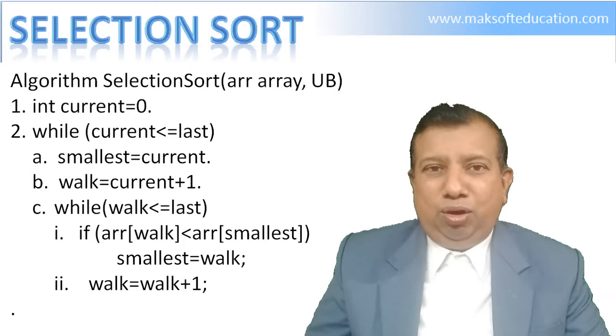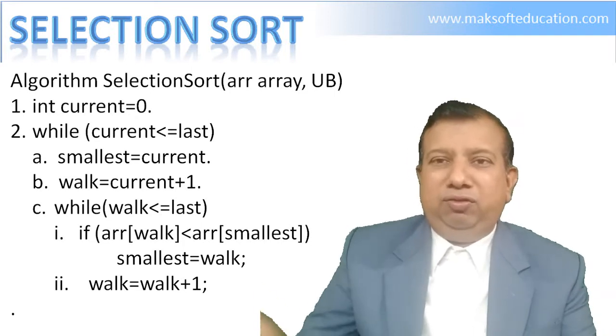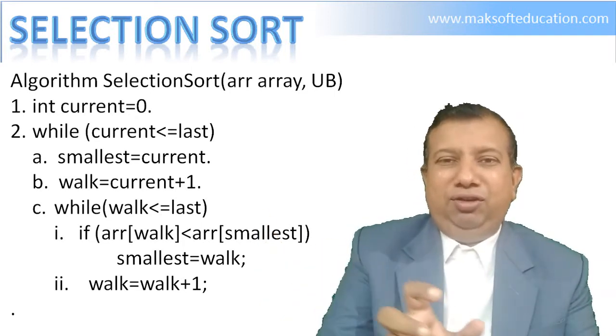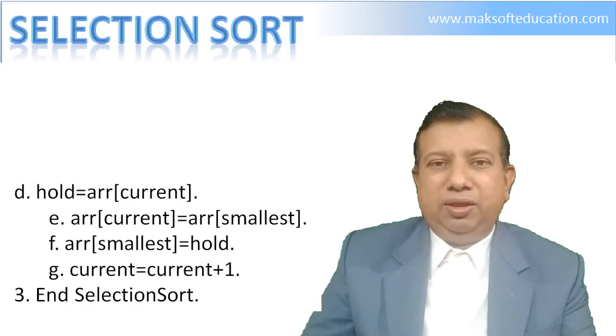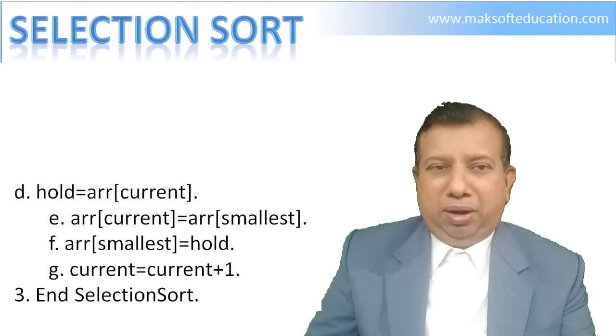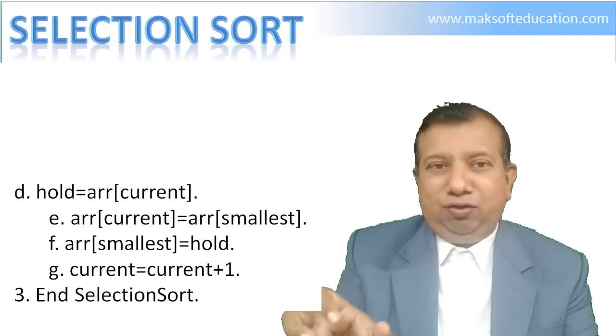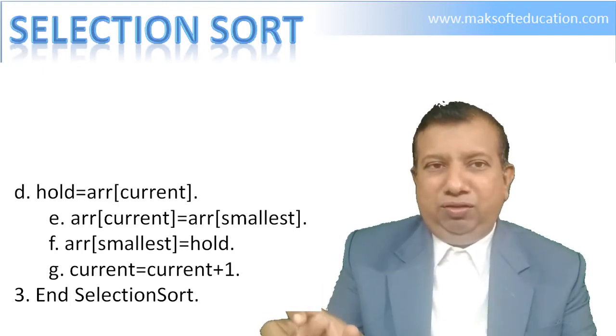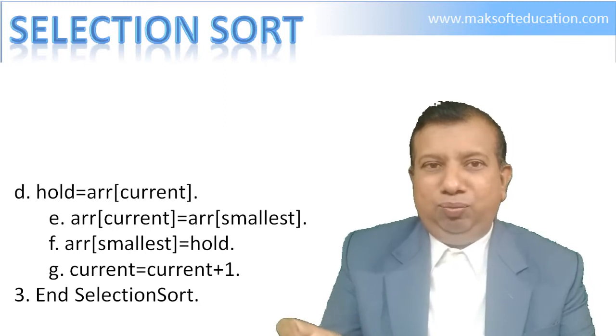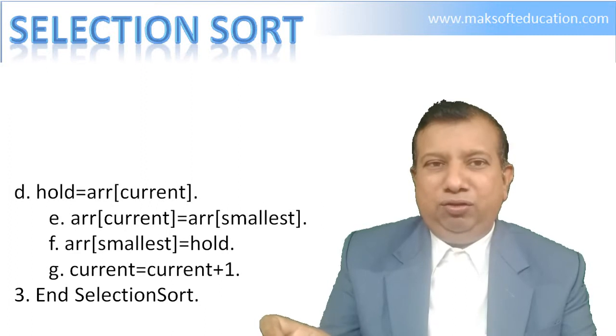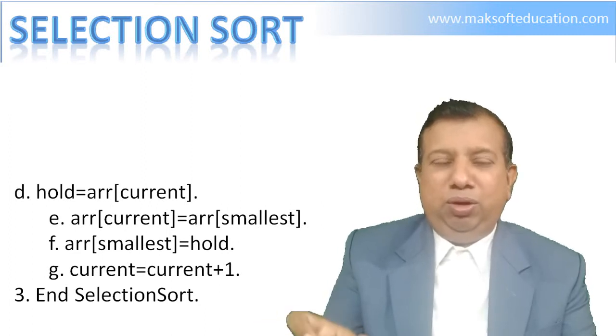Once you got the smallest value, just select that value and insert it in another array. So there are two different parts. First part is select the smallest value. Now here you can see the while loop that selects smallest value. Once smallest value is selected, you are just going to find out where to add.